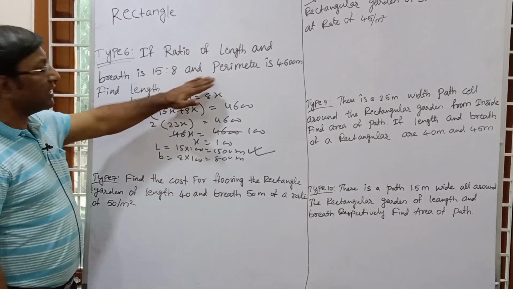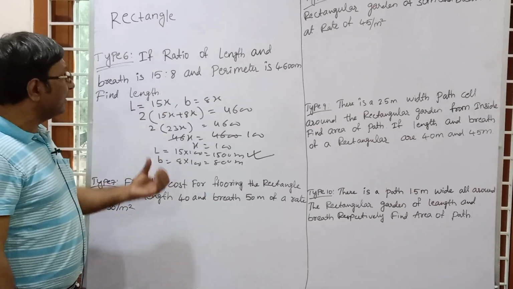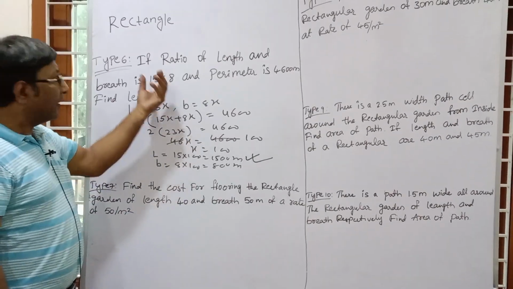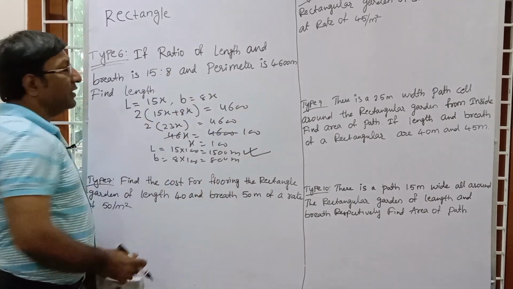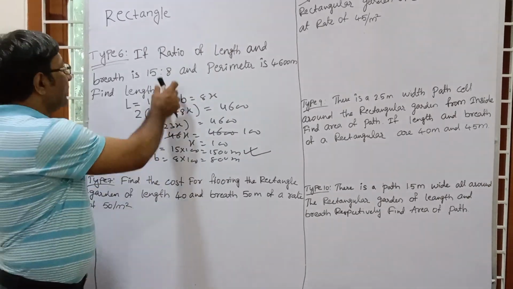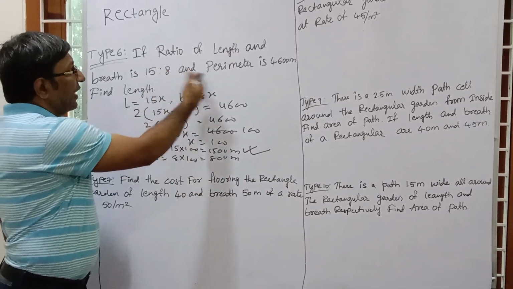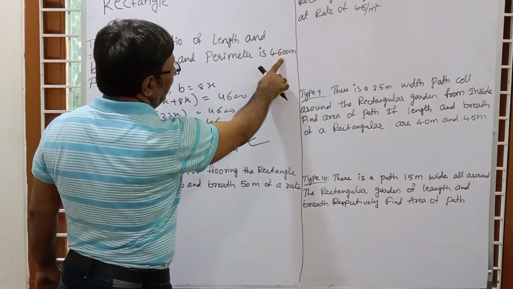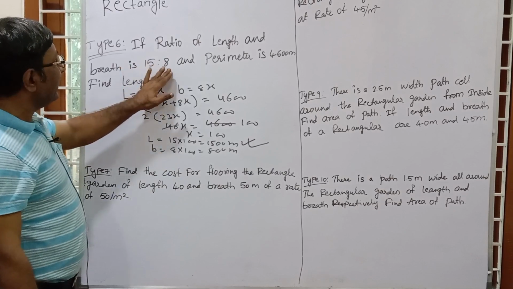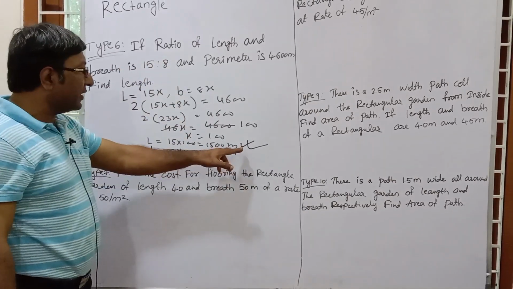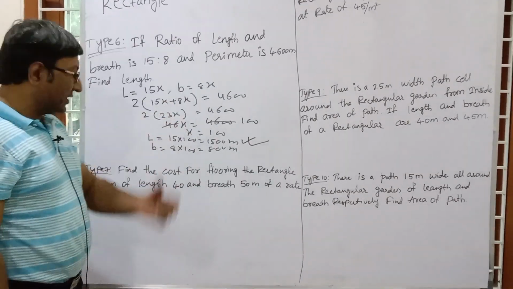So for any question of this type, there is a simple technique. We have explained all this, but you can solve this question verbally, just by watching the question. You see 15 and 8 given, with perimeter. Perimeter is 2 into length plus breadth. So first you add 15 plus 8, 23, multiply by 2, 46. Divide 4600 by 46, you will get 100. That means 1500 is length and 800 is breadth. So your correct answer is 1500 meter. Very easily you can solve this question in a second.